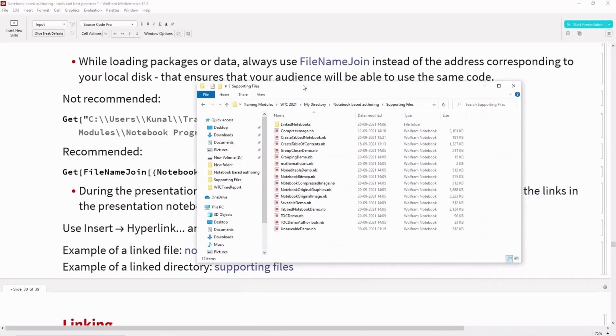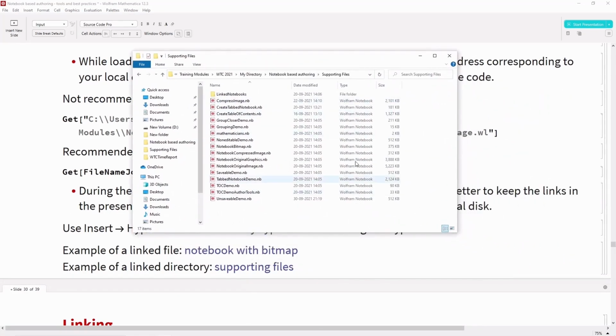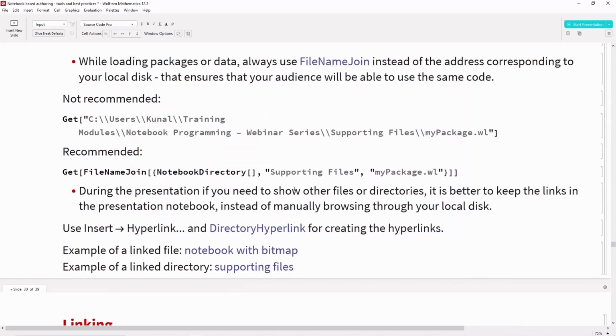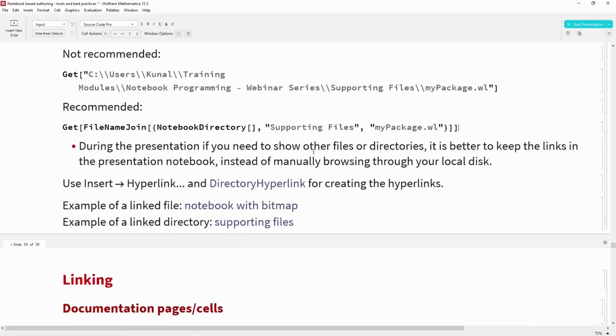My apologies, it's open on the other screen. So here's an example, let me bring it up again. Here is how we can link directories as well with the help of a hyperlink. We can do that by inserting a hyperlink and pointing to the relevant file, or we can make use of directory hyperlink for creating hyperlinks for these files and folders.